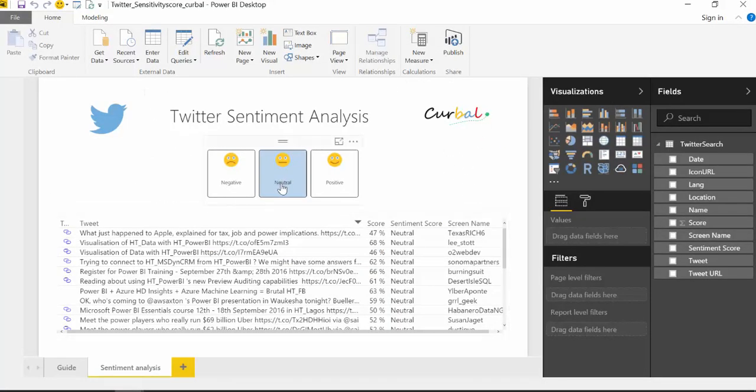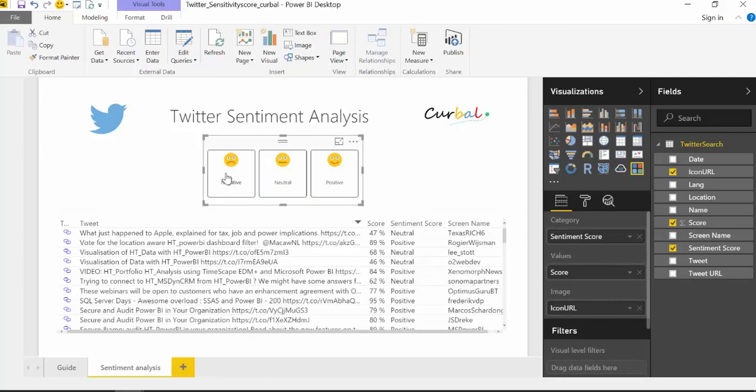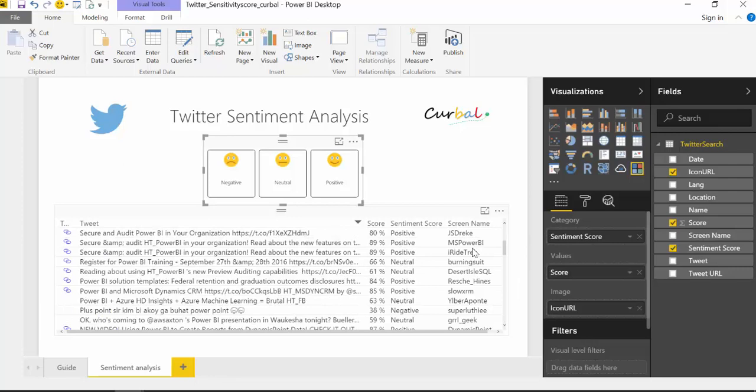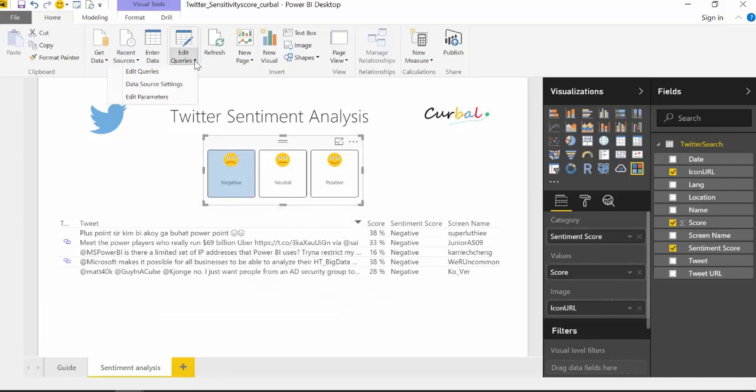We have the negative, neutral and positive icons, and then here we have tweets. The link, if any is included in the tweet, so we can go there and check out what they're talking about. We have a score, we have the score in text, and then we have a screen name, who actually tweeted that. We're using the Twitter search